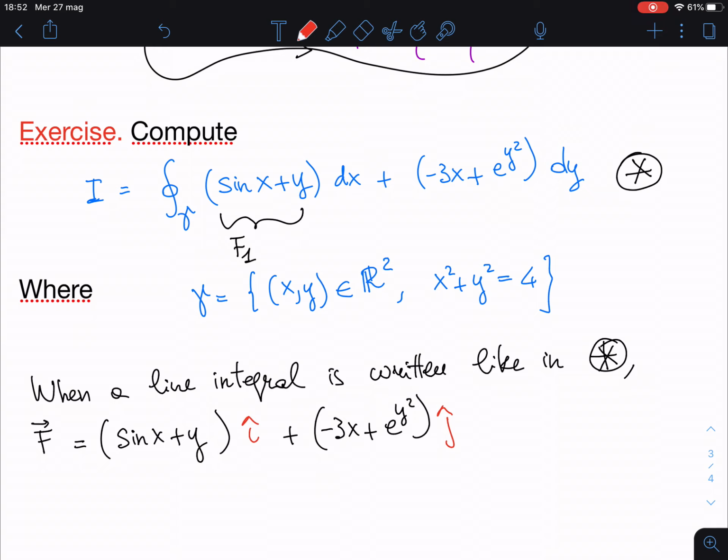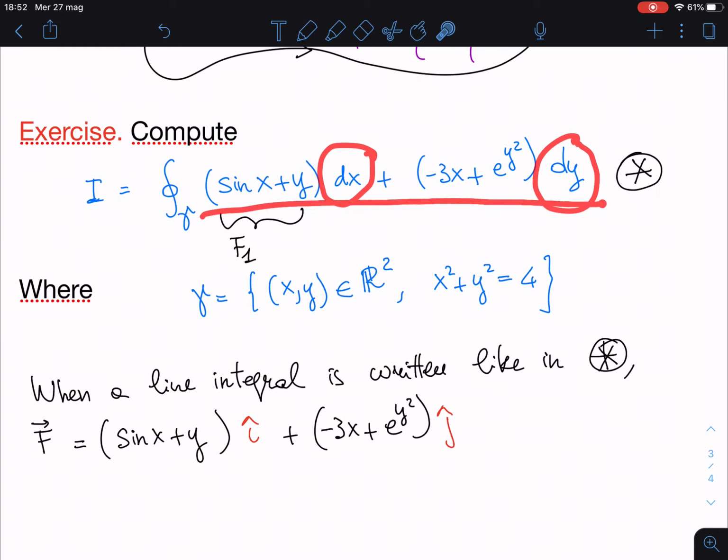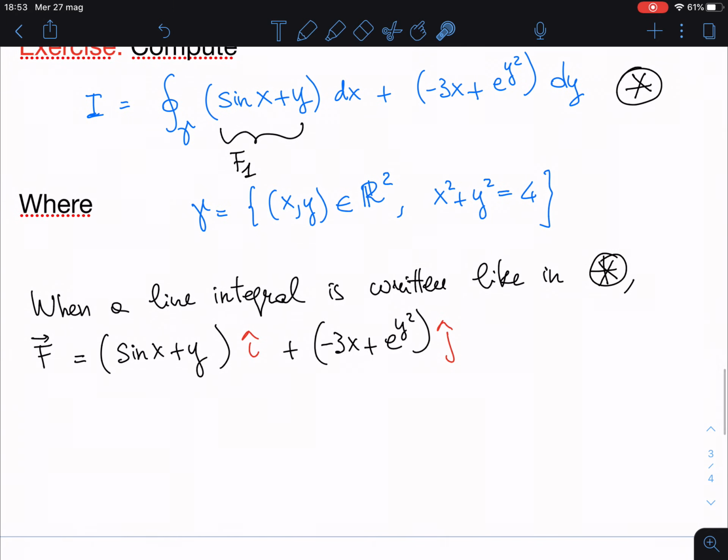I don't want to insist on the nature and on the role of these two symbols. This will lead us quite far away, and we are not interested in this in this course. Keep this as a way of writing the line integral of this field, with dx instead of i, and this is j. If you want to justify it a bit, you can think that indeed